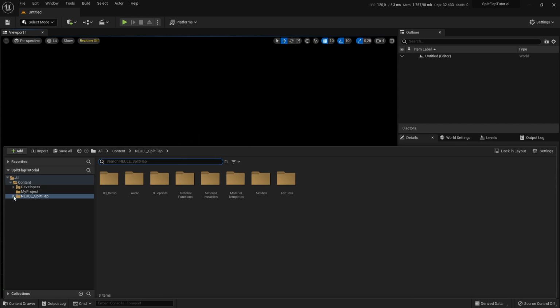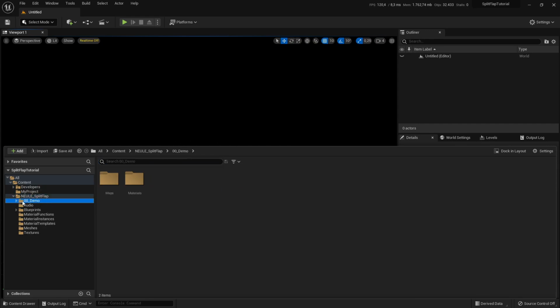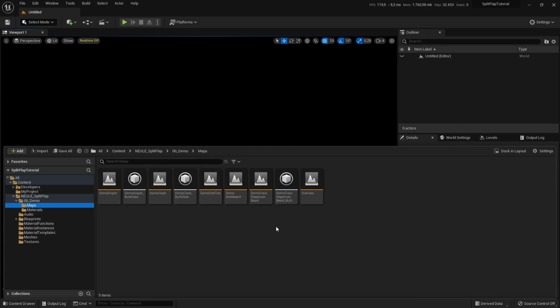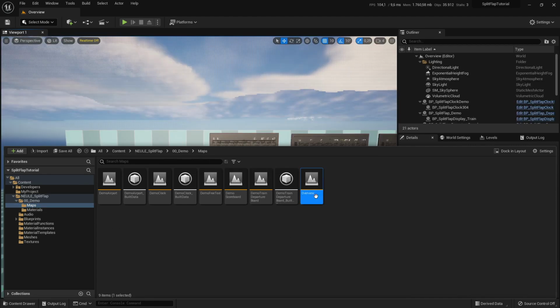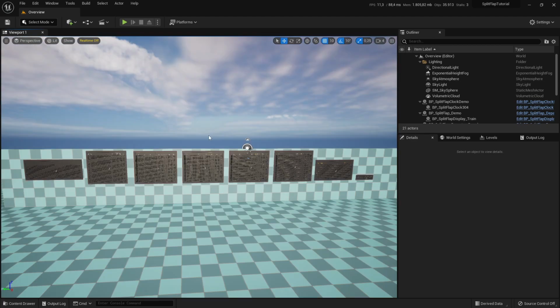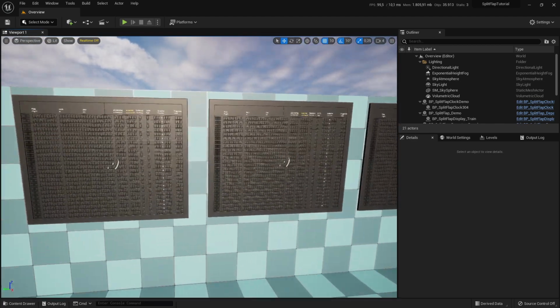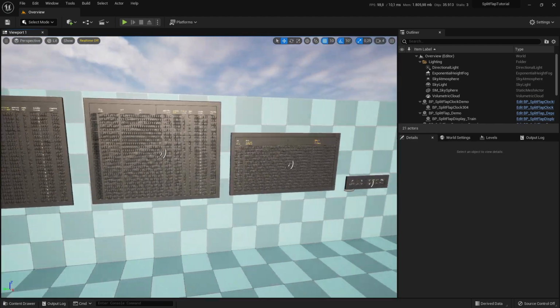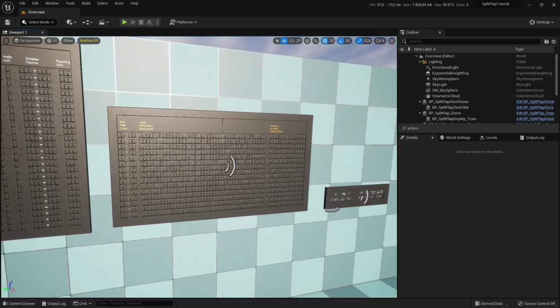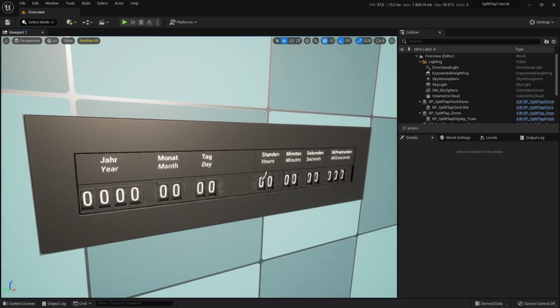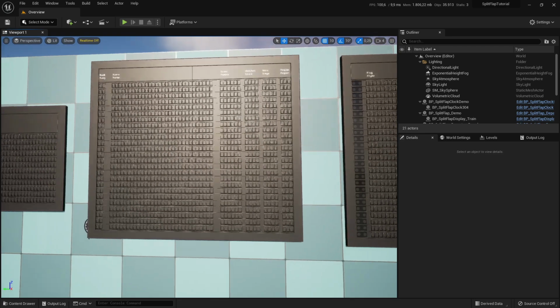The demo folder contains all the examples that come with the project. If you want to see everything at once, you can open the overview map. The 5 demos that come with the project are an airport departure board, which uses 4 displays at once, a European-style train departure board, a clock, a scoreboard, and a free text demo showing off how you can directly control